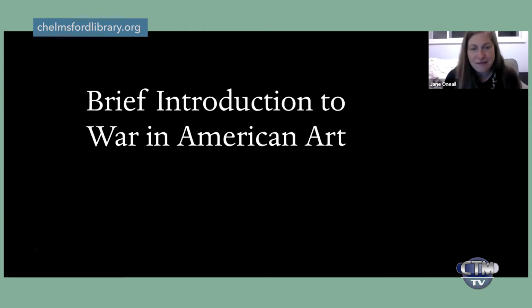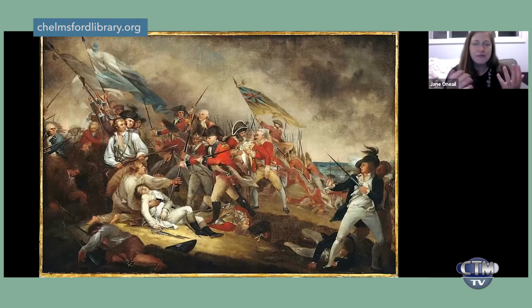And this is a very, very brief introduction to war in American art. So I have one or two images from each of the major battles for us to consider. So here's our Revolutionary War scene, and this was painted by an artist named John Trumbull. This is a scene of the Battle of Bunker Hill and the death of General Warren, who we see here